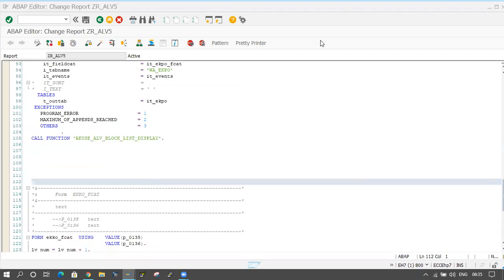Good morning to everyone. In the last class, we discussed blocked ALV. In a single screen, if we want to display two internal tables' information, not only two, more than one, that is not fixed here. So if we want to display more than one internal table's information on a single screen, then we will go for blocked ALV.